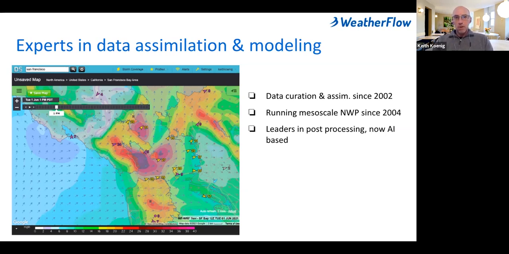We ingest over 1 billion weather observations on a daily basis. We have systems to curate that data so that it is normalized and useful, so that we can assimilate it into running our own mesoscale numerical weather prediction models. And we've been doing that for about 20 years.